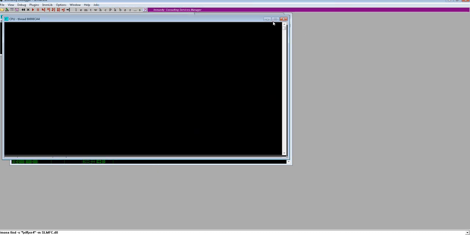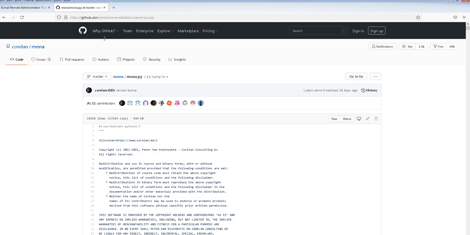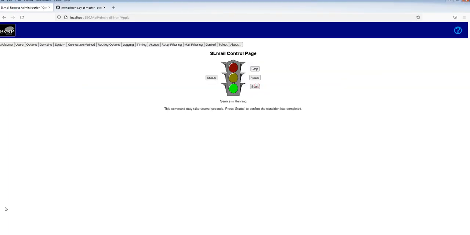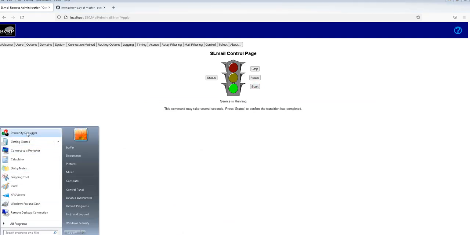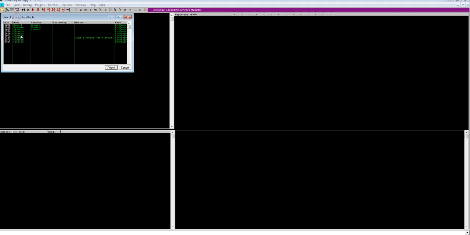So to do this, I'll just close this, and our program is still running, or it got crashed. It got crashed, so I'll close this program, restart my service again, run my Immunity debugger, attach the SLMail service and play it again.